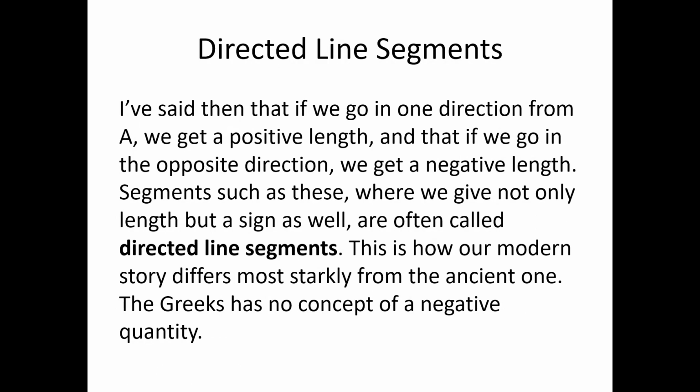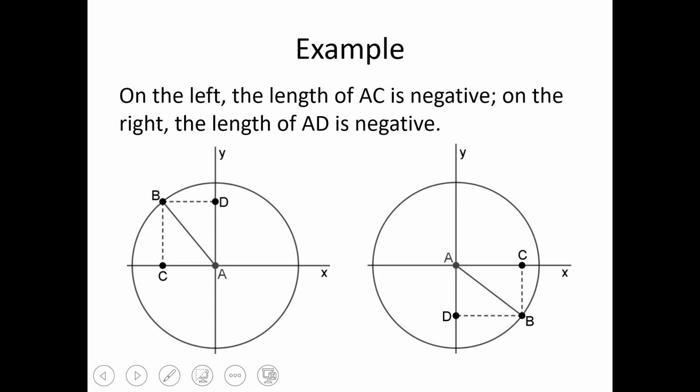Now, segments such as these, where we can have potentially negative values, and it depends upon which direction we go, are called directed line segments. We'll say that these can have negative length, and this is the crucial way in which our modern story differs from the ancient Greek story. They wouldn't have the possibility of directed line segments. They wouldn't have had the possibility of negative length. So, just some examples